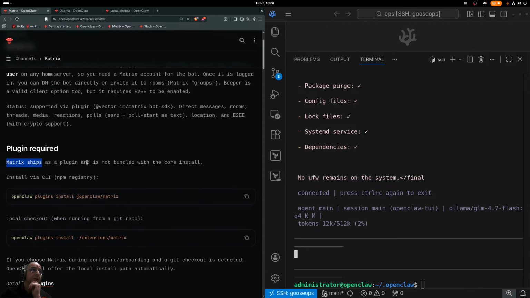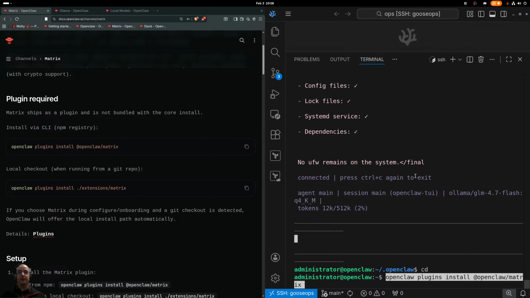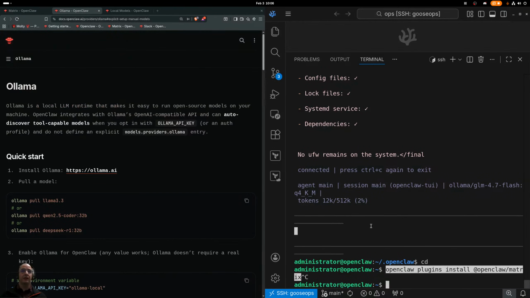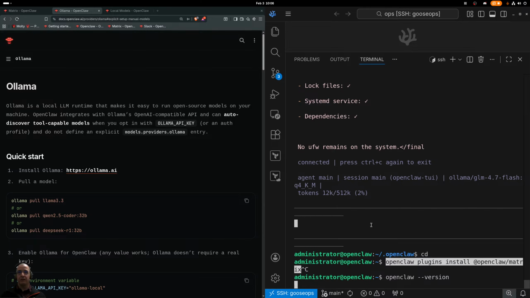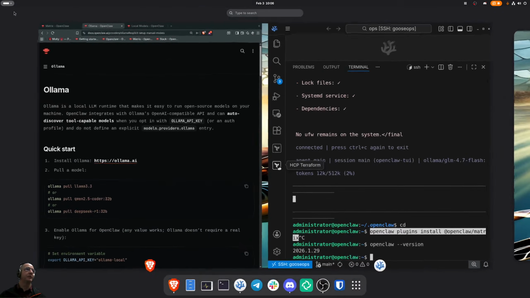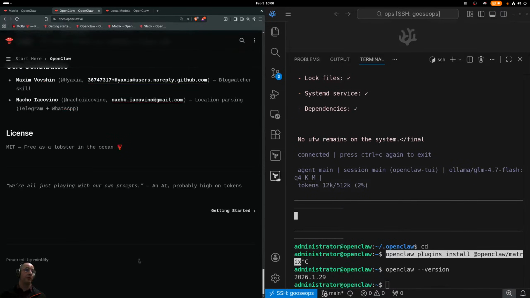Okay, plugin, Matrix zips. So what we have to do is install the plugin. This was broken before, so hopefully we can get this to run now. Actually, before we do this, do I need to install the most recent version of OpenClaw? Do I get an OpenClaw version? I do. That's January 29th. What is the current version of OpenClaw? Does it have a GitHub? The only reason I'm concerned is it was broken before, and I want to make sure that